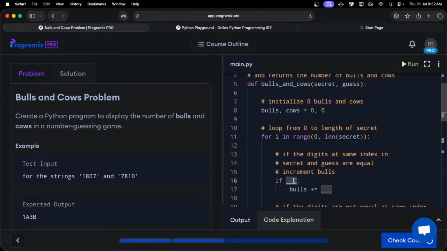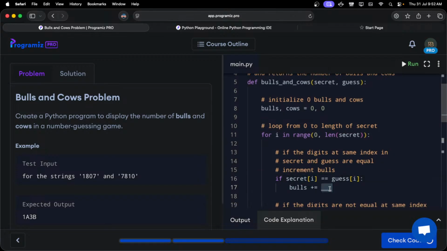Okay, so if the digits at the same index, secret at i equals guess at i, we need to increase it by what, 1,